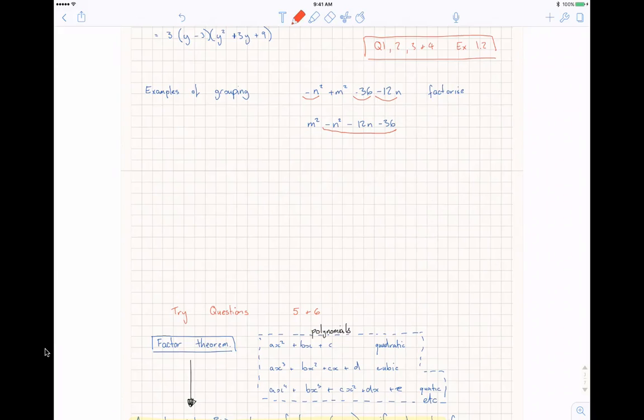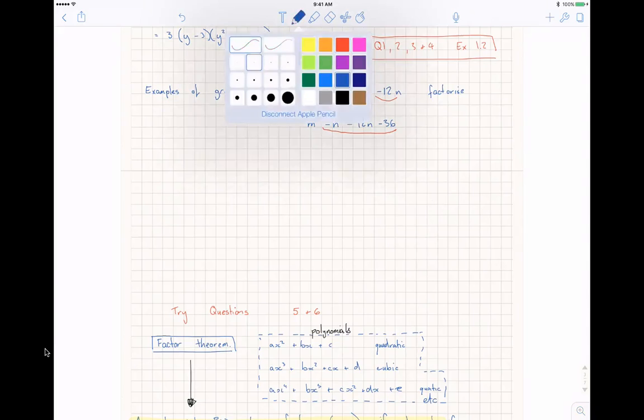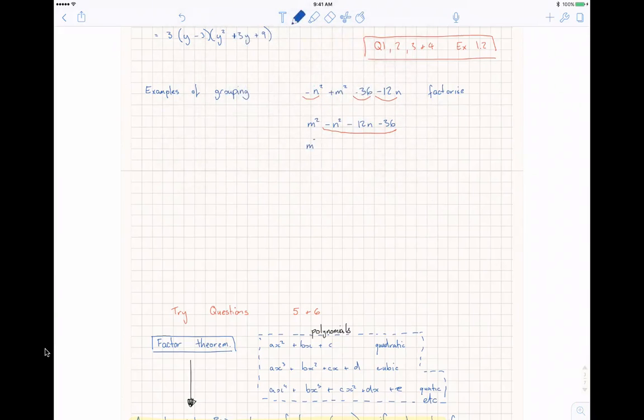So if we leave the m for the moment, and we take out minus 1 as a common factor for the last three terms, and we factorize,